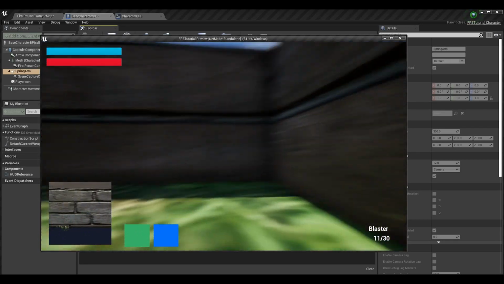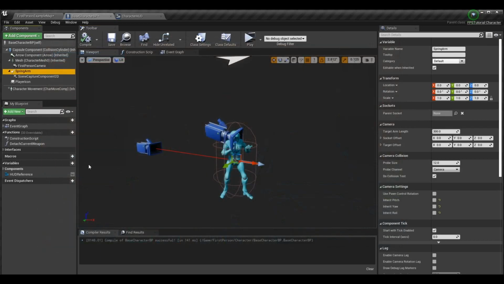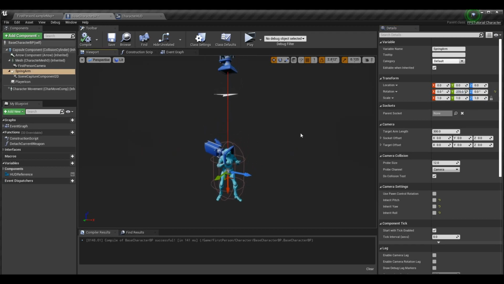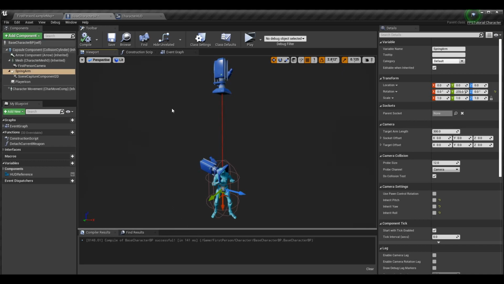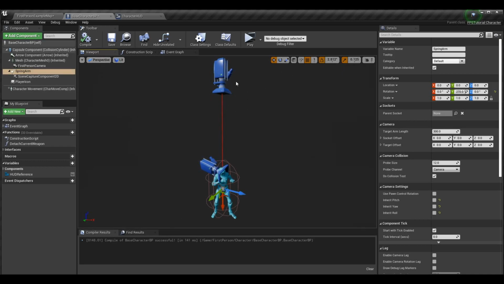Because we are not looking at the right spot and feeding it to the render target. So we need to instead have the camera facing down on top of our character. Easiest way to do this is to just rotate the spring arm. So 270 degrees on the y-axis is rotating it up for me, and the camera will automatically be positioned in